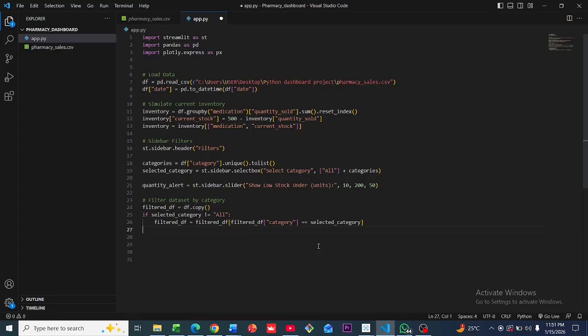Okay, by using subset in pandas. So calling the dot copy method on our data set is just going to return a copy of that data. It's just going to duplicate the data. So we are saving the duplicated data as our filter df, and we want to say if the selected category,